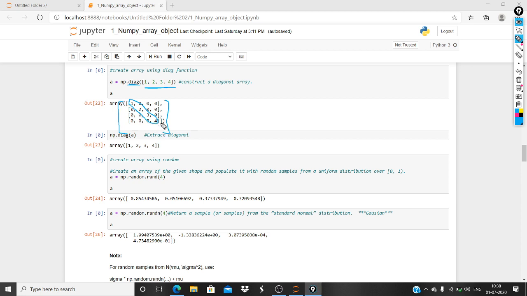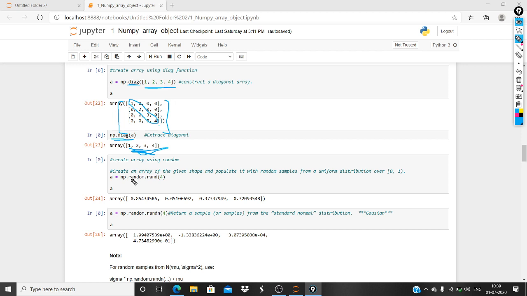Here we have put till 4 only, so 1 2 3 4 and everything else is 0. And if we print np dot diag and give it a parameter a, then it will print the diagonal elements. So it is pretty easy.